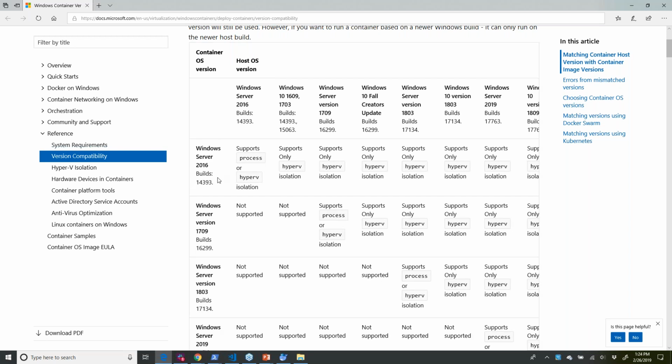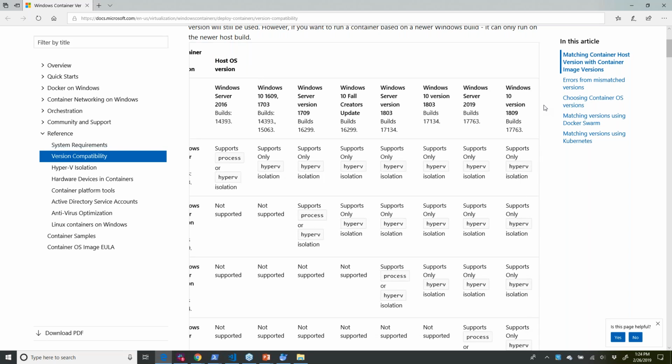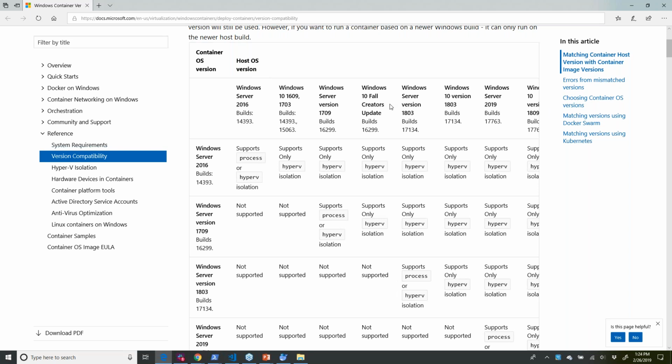So I can't take my 14.393 image and just run it in process level isolation in Windows 10 1809 or Windows Server 2019 or Windows 10 1803. So this means if you want process level isolation for your containers, you're going to have to basically do container builds for each version of Windows Server you expect to support. For example, we've run into the second caveat of the Rancher experimental feature: